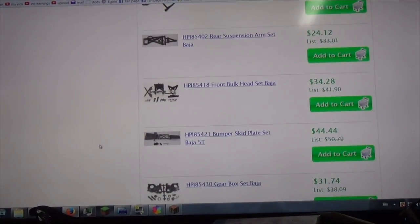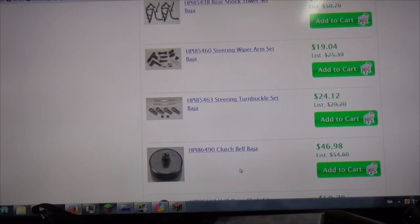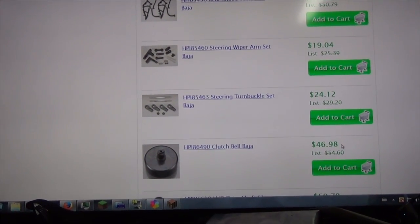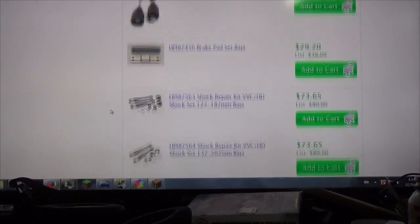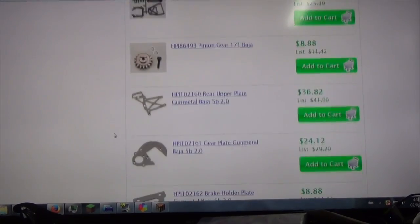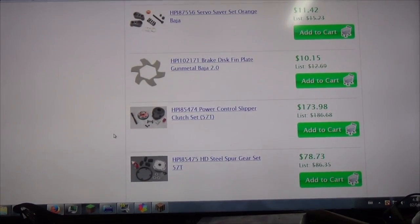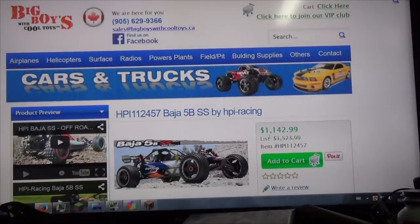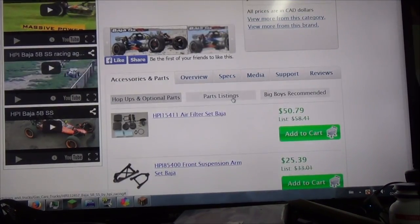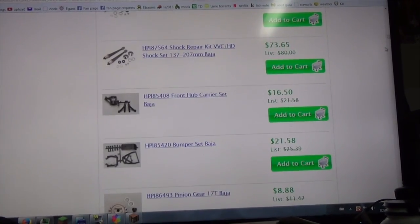The parts are very expensive too, so I'm kind of leaning towards the thing of, yeah, probably not. Clutch bell, just for the clutch bell for these things is $46.98. Holy frickin' crap. A set of dog bone drive shafts, $50. Wow. Yeah, looking at the parts that are probably gonna break, pretty darn expensive stuff. Wonder if they show brake disc fin plate, $10.15. Holy cow. Actually, I wonder if I can, I think I have this selected as, or do I? Air filter set, holy $50 for an air filter set. Yeah, I think I maybe just talked myself out of it. Would be kind of cool, but